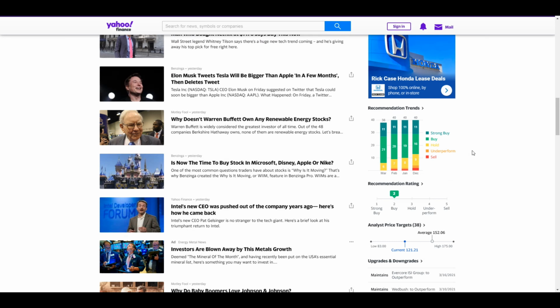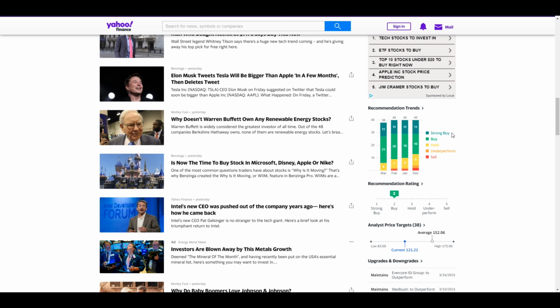In recommendation trends and recommendation rating, this is a summary of the analysts who follow Apple, who evaluate the financials, look at the economic outlook, look at how the company is performing and its earnings, etc. And they come to a conclusion of whether the stock is currently a strong buy, a hold, or underperform or sell. So as you can see here,